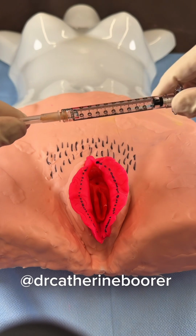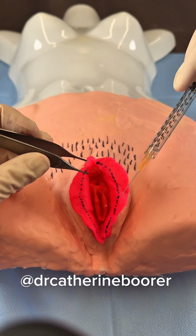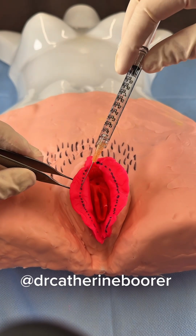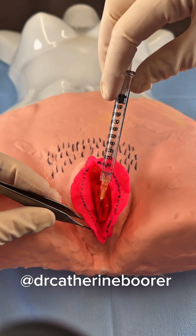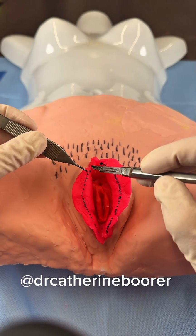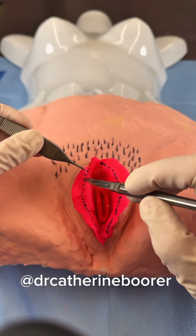I'm going to actually inject local anesthetic. Local anesthetic is important in plastic surgery operations because it means that when she wakes up from the operation, she won't have any pain. The area will all be numb. But it also cuts down on the bleeding during the procedure, which makes it easier for me to see what I'm doing. Once the local anesthetic is working, then we can begin to really carefully and precisely remove the extra